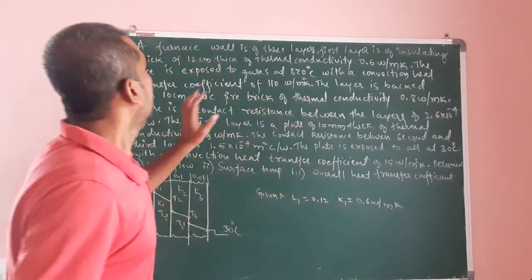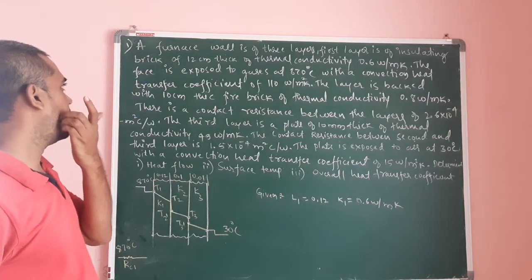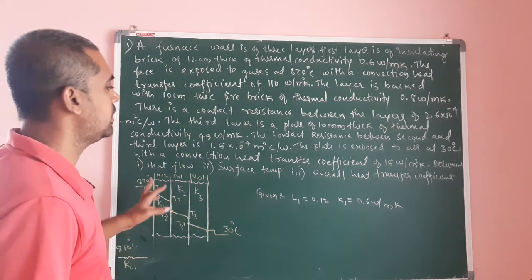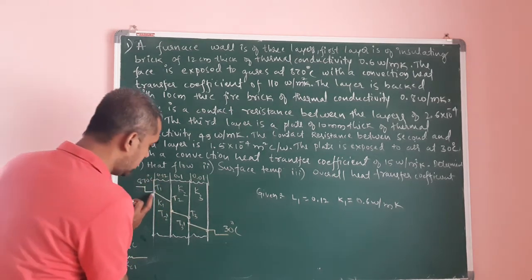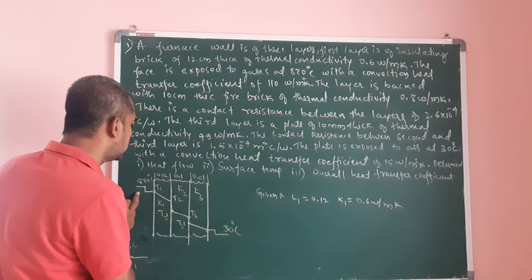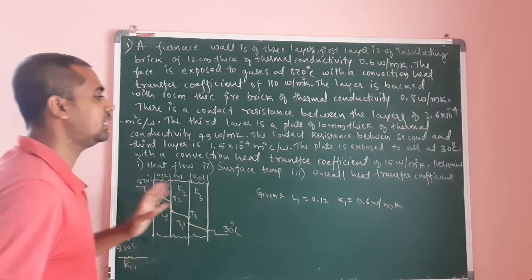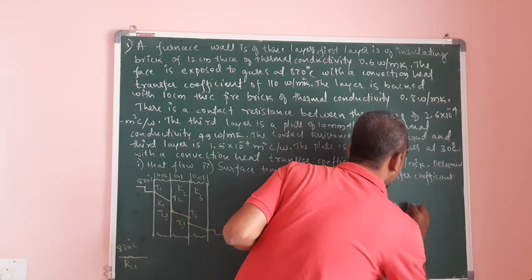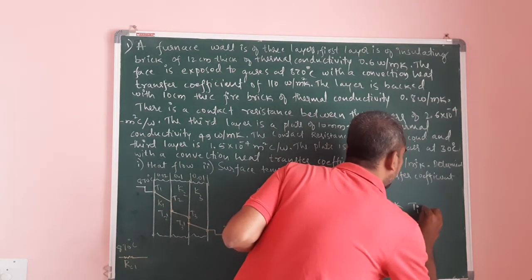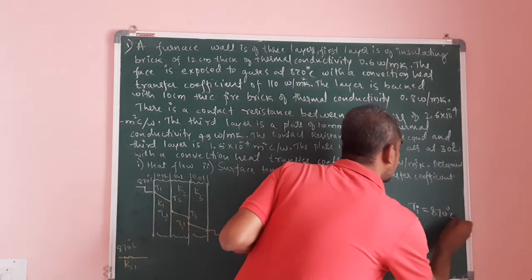Okay. This face is exposed to a temperature of 870 Kelvin. Means there is a temperature, it is not a temperature T1. T1 is the surface temperature. This surface is exposed to a gas whose temperature is 870 Kelvin. I will write it as TI, the temperature inside the furnace, TI is 870 degrees Celsius. Okay.